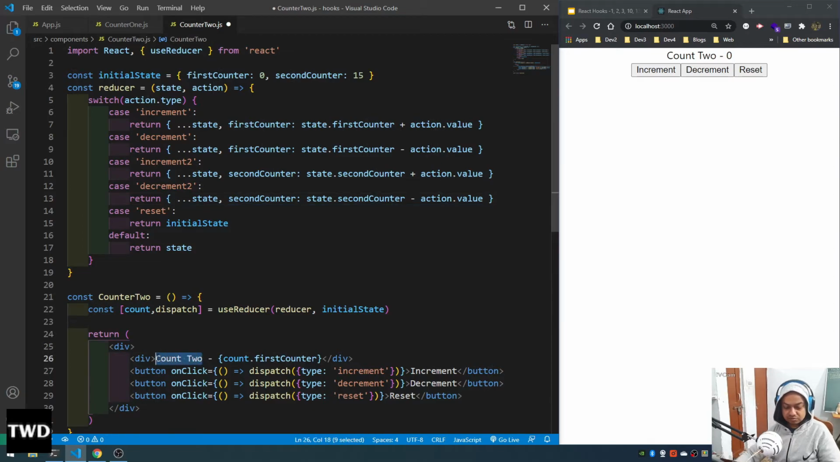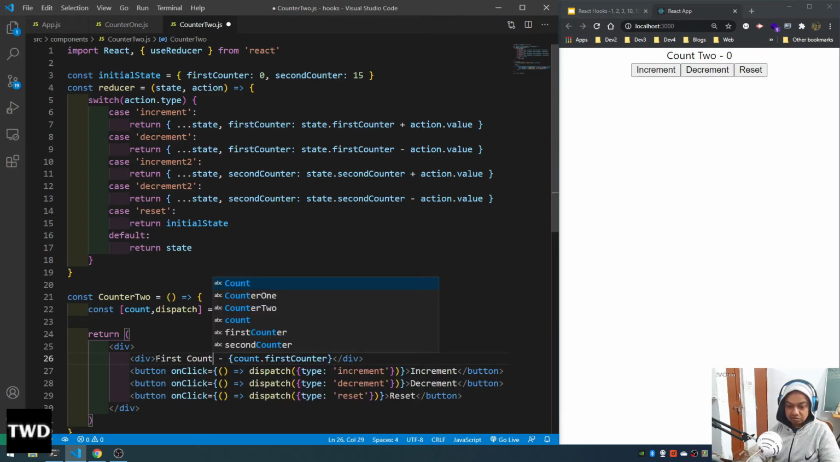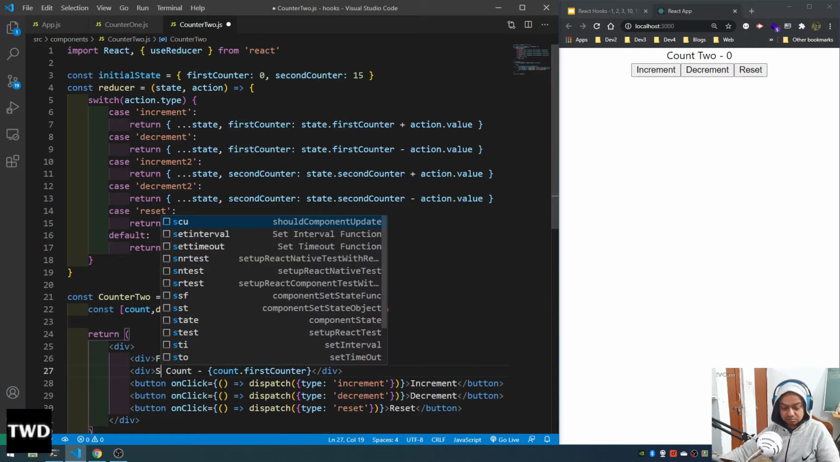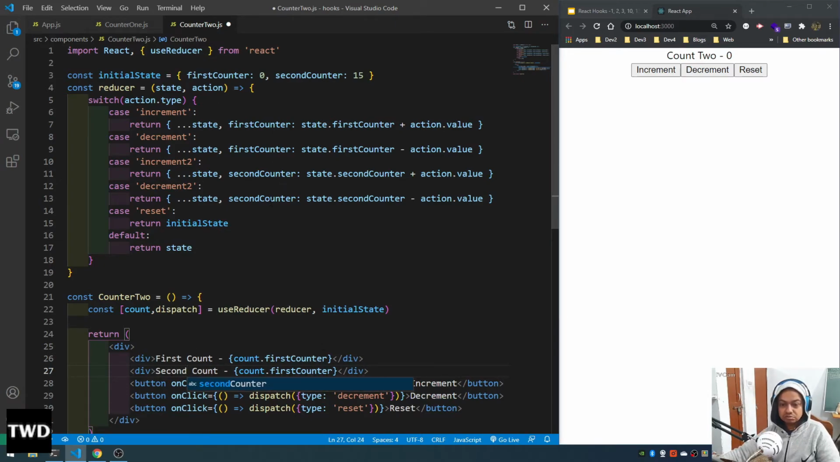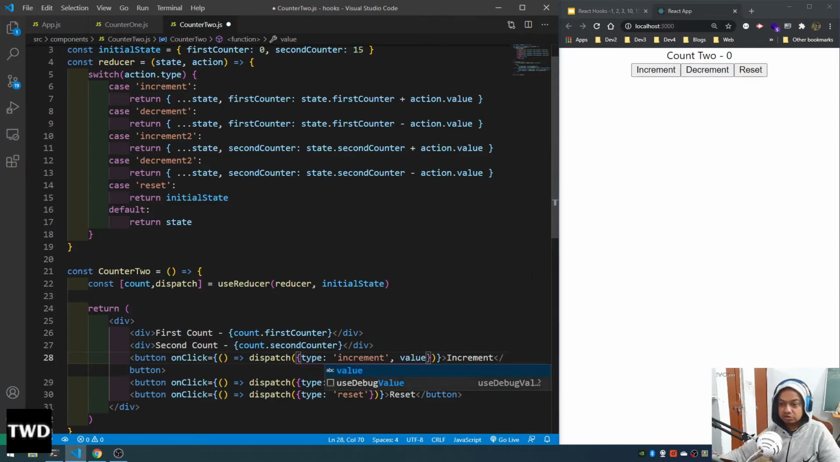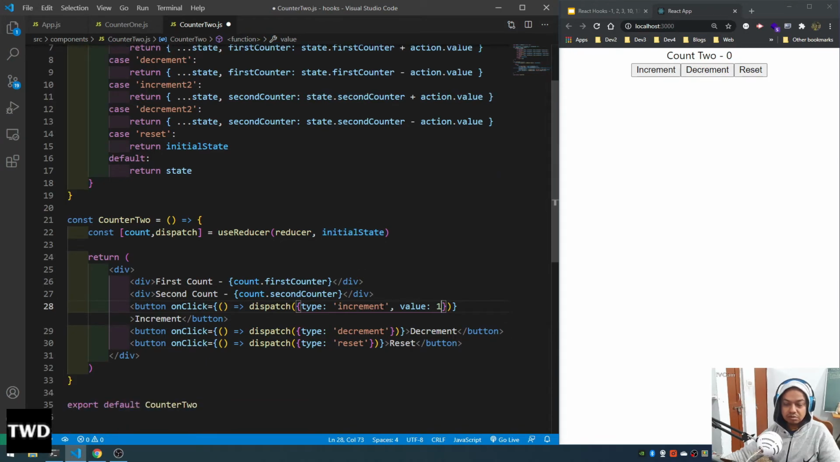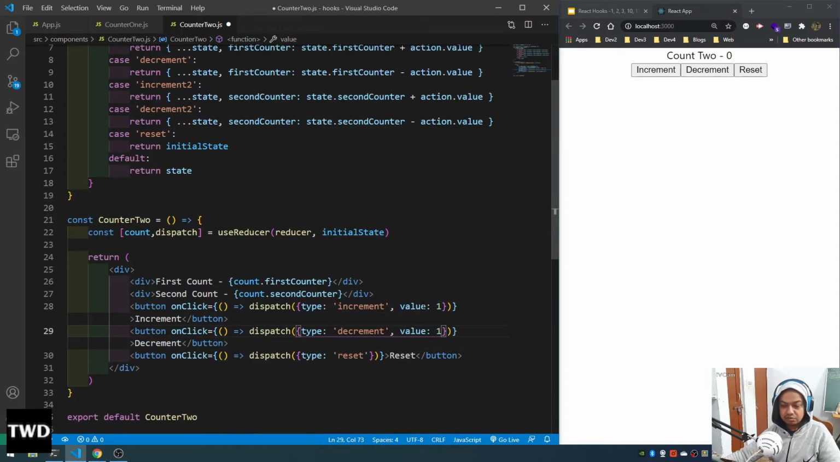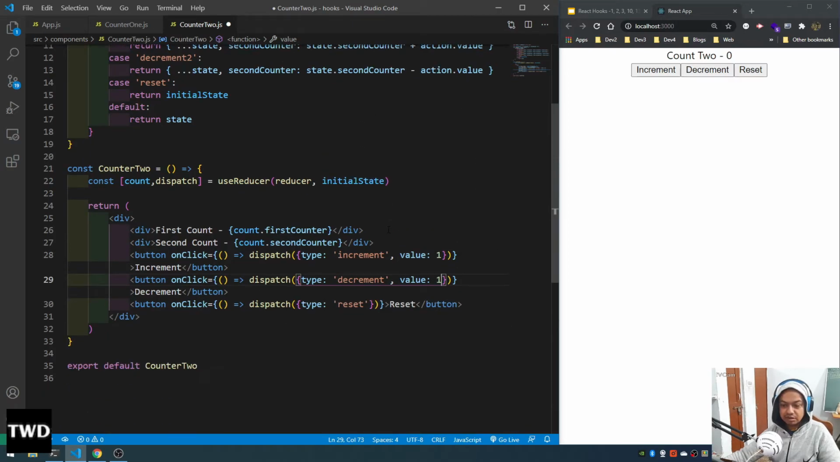Let me make it first count, second count, and now the main thing is that we have to pass a value also. Action dot type we are passing, now we have to pass a value also, because this action dot value is there. Value maybe 1, value 1. So decrement will do the